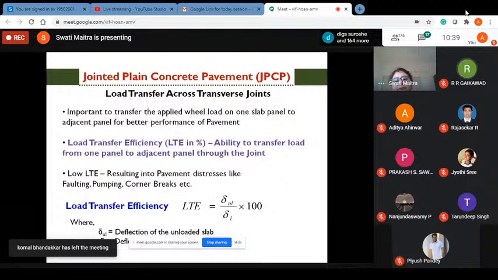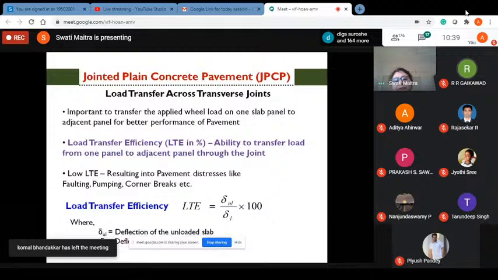Joints are saw cut up to 1/3 of the slab depth, and it has to be cut within 18 hours of construction, both in transverse and in longitudinal direction. So if we delay the saw cutting, there will be problems. That means cracks may form, and in many cases it has been found that cracks are formed because of the late saw cutting. So it has to be cut within 18 to 20, maximum 24 hours of construction, both in